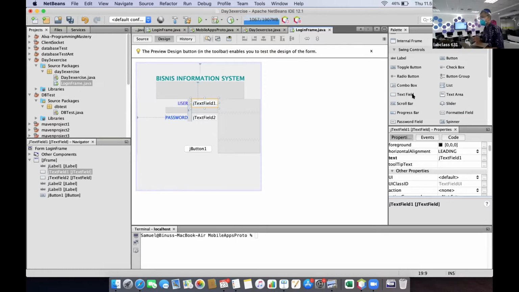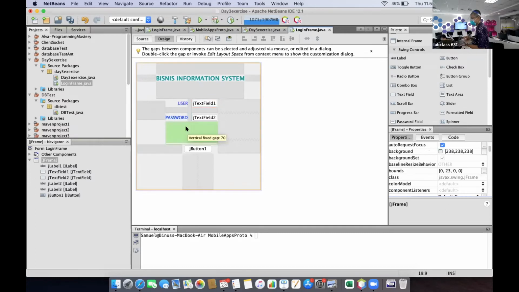All right, class. Coming back to our discussions. Now we would like to add an image. An image makes it a lot better. To add an image is actually a J label image. So in Java, we don't have an image box. We have it inside a J label. So for us to have an image, please drag another J label